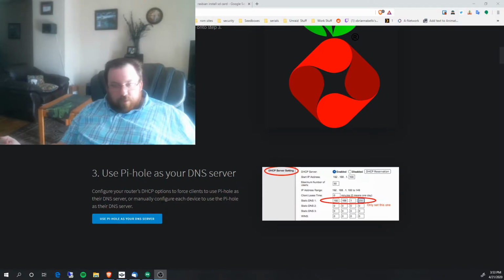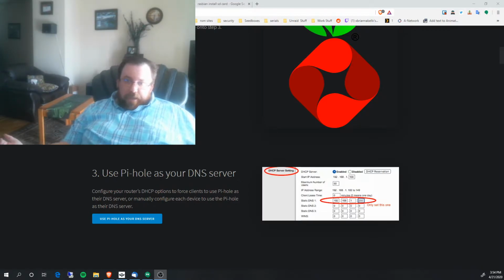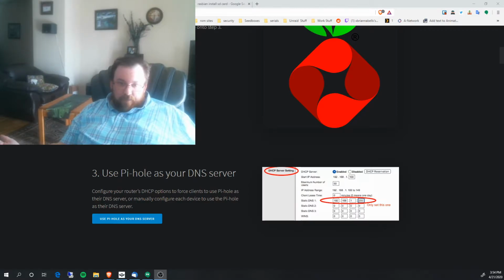Works great. The only reason I went with a Pi for Pi-hole is I wanted something dedicated that is not part of any of my servers or virtual machines or anything on my network, so that it's separated. No problem. I can mess with things and nothing's affected whatsoever. Now, there's a couple ways you can set that up before we get into installation. So let's say you already have a Pi, or you installed it through a virtual machine, whatever the case may be. There's a couple ways you can do this.